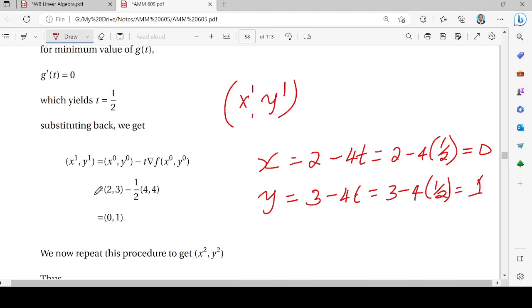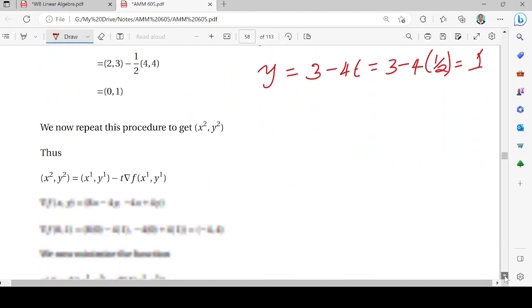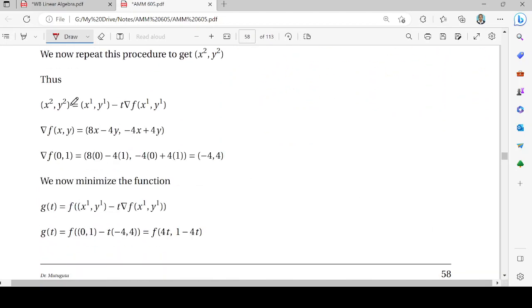So x1 is 0, y1 is 1. Now we repeat this procedure to find x2, y2. x2, y2 is now expressed in terms of x1, y1: x1, y1 minus t times the gradient of f evaluated at x1, y1. Remember, the gradient of f evaluated at a point x, y, we had already worked out this was 8x minus 4y,